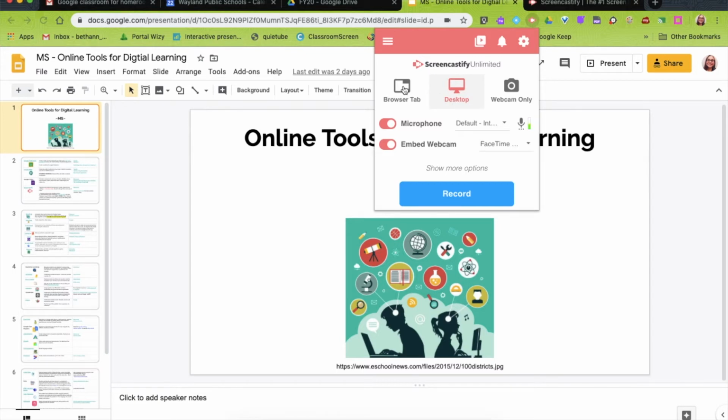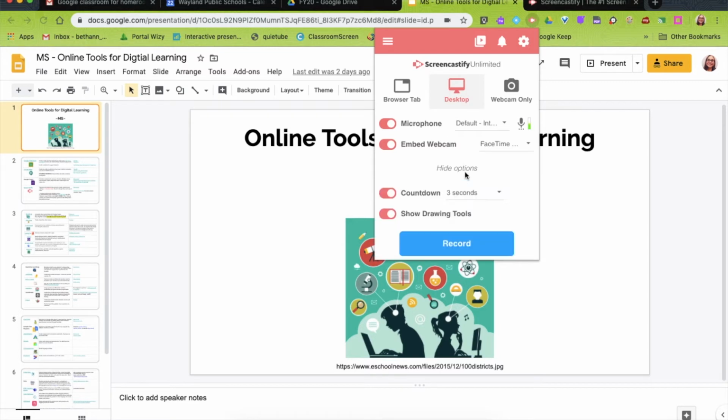If you don't want anyone to see what else is on your computer, you can hit browser tab and it will only record the one tab that you have running, and then webcam is just you, right, sending a message to your students. Make sure microphone is on, the green indicator light, make sure it's working, and enabling the webcam will put a little thumbnail video of you speaking to your students as you're going through this,